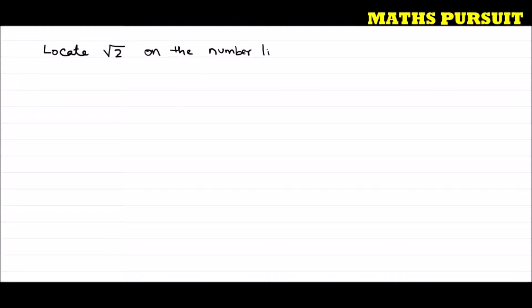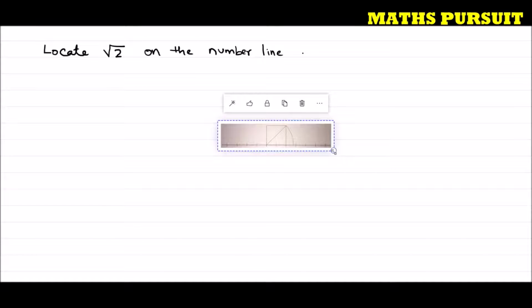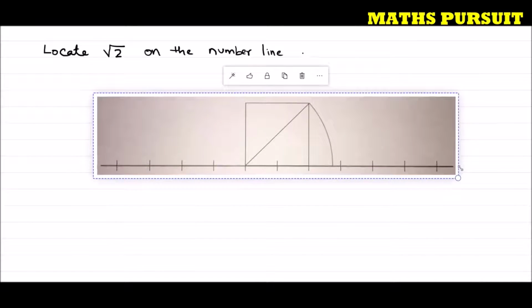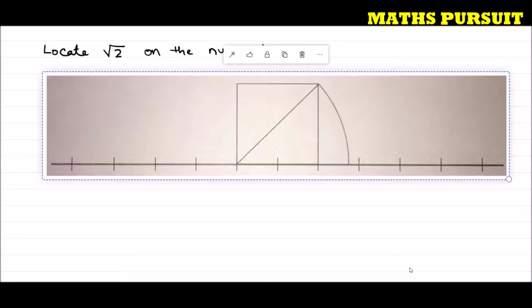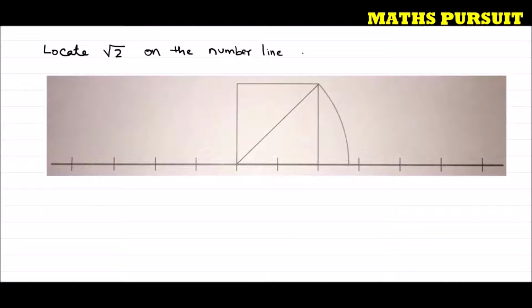Guys, this is very easy. This is very easy to find out root 2 on the number line. Now guys, if you look here onto the screen, I have posted a number line so that we can see how we can find out root 2 easily on this number line. Now look here. This is a number line that I have already drawn and I have posted it here on the screen. If you look here, the number line actually should contain the numbers.